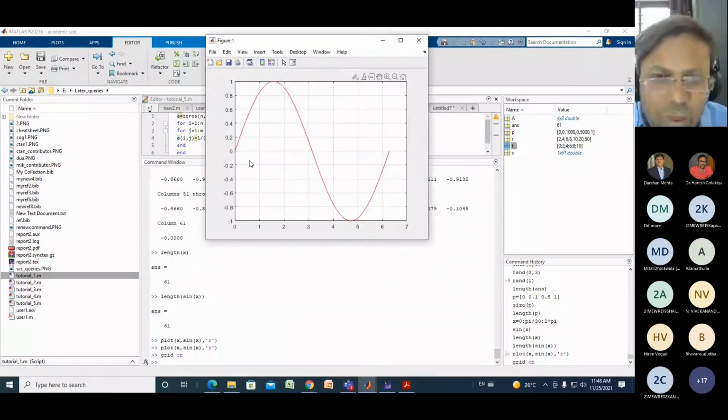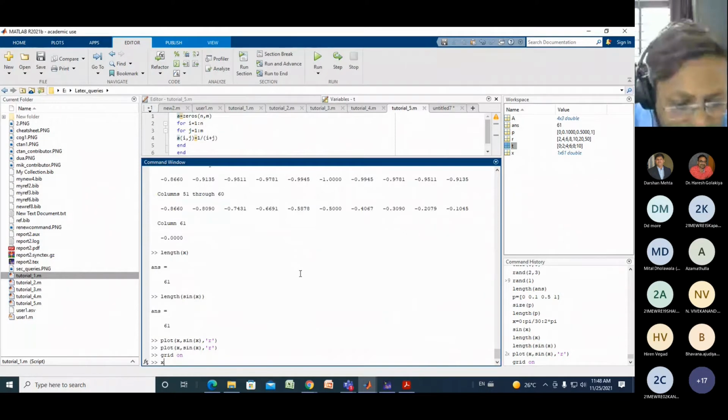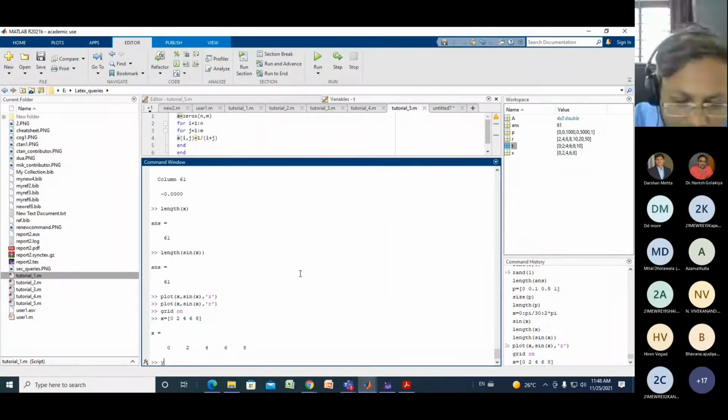Here your x and y data must be the same length for plotting. If your x and y data do not match, it will show an error. I will show you. For example, x is equal to 0, 2, 4, 6, 8, which is 5 elements, and y is equal to 1, 5, 10, 20, which is 4 elements.